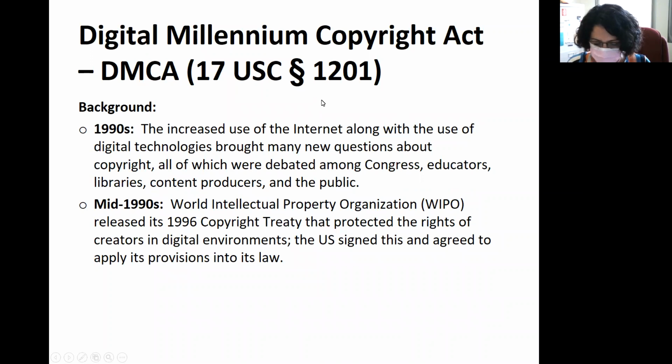Now, the Digital Millennium Copyright Act has a much different tone than all the other copyright exceptions that we've been exposed to. So just to give you a brief background of how it came about, copyright law had previously talked about very broad applications of copyright law that can be tailored for different situations, but because of the internet, things kind of got a little weird. It began in the 1990s because of the increased use of